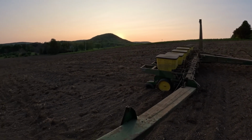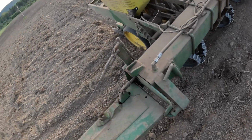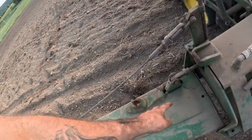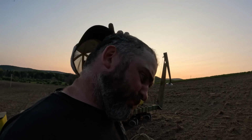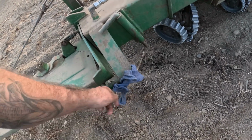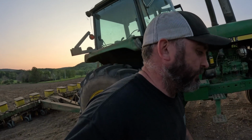Oh, come on. There we go. There we go. All right. So we got to put something through there just to hold it. As you see, like I said, I want to go to the yetters. Deere's arms, they're just not that great. Nothing about them is good. Will that hold? Guess we're gonna find out. Little snap pin, and